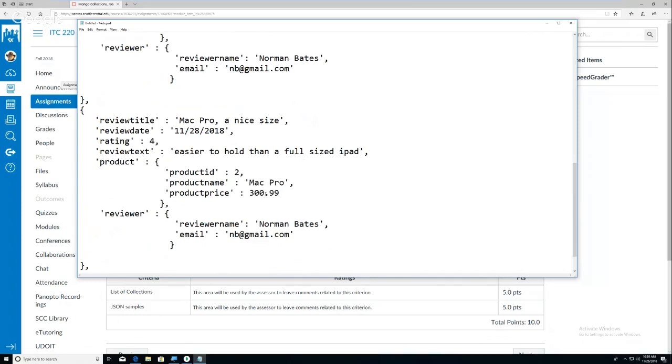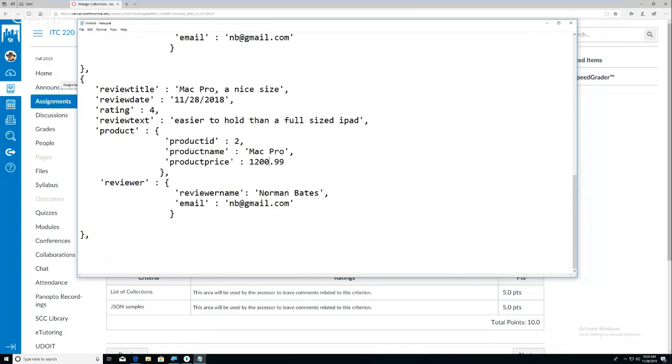And the price of that is more like $1,200, isn't it? Or is it even more? More, that's good. It's on sale, right? Yeah, it's on sale. And reviewer, we could say is... I don't know. I have no idea who that would be, but